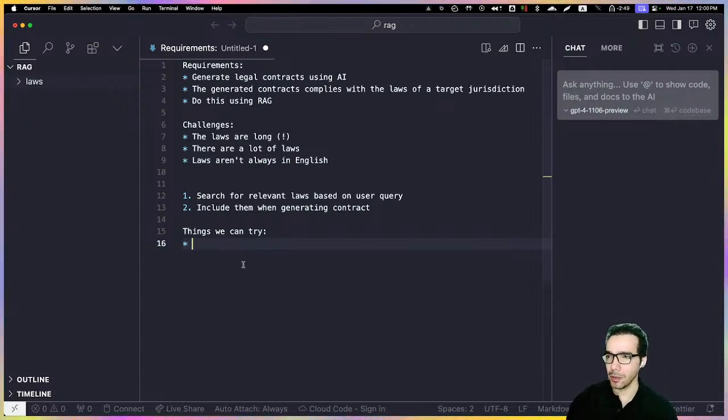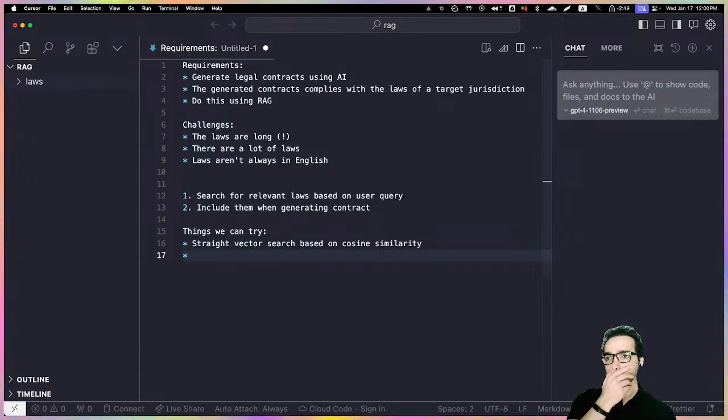But my sort of gut feeling for doing this would be, one, we could just try the old-fashioned straight vector search based on cosine similarity. That's the approach that I'd used in the past. There are new methods. I'm thinking